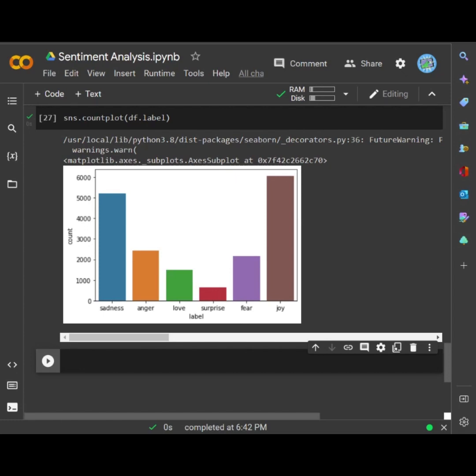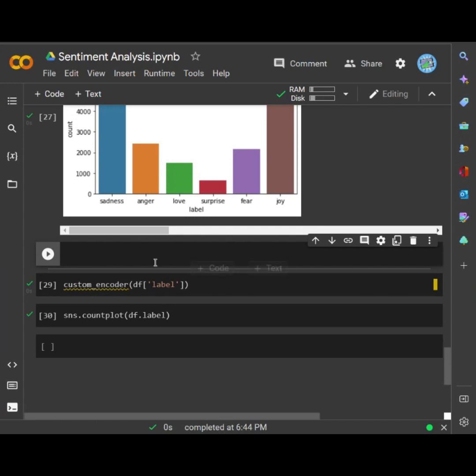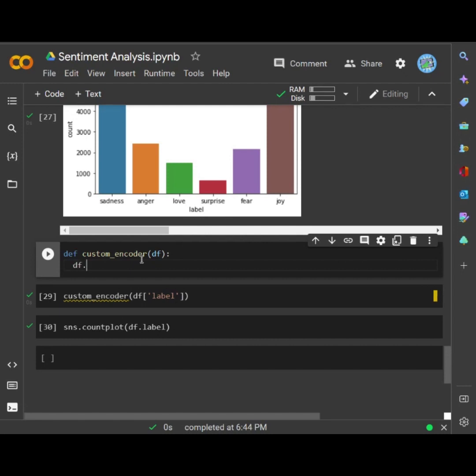Now what we will do now, we will create a custom encoder to convert categorical target labels to numerical columns, that is 0 and 1. Now for creating the encoder, let's just define a function. So def custom encoder. On the function we have to write df.replace. We have to replace the surprise,